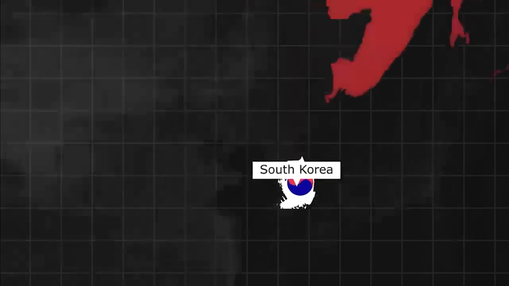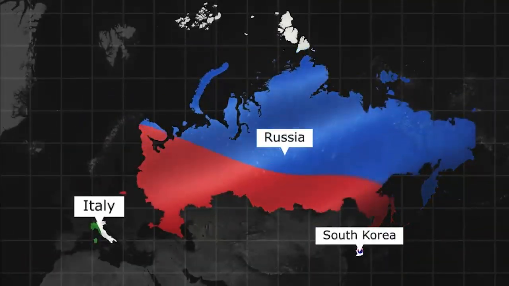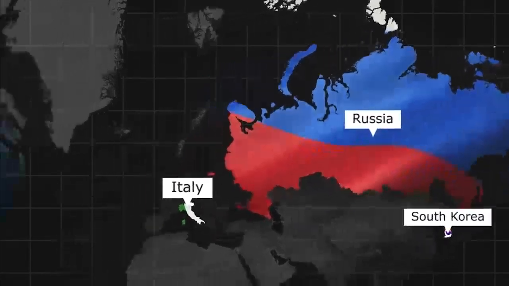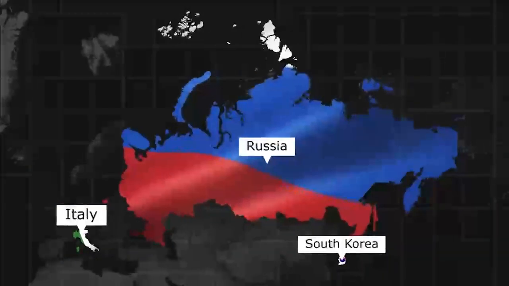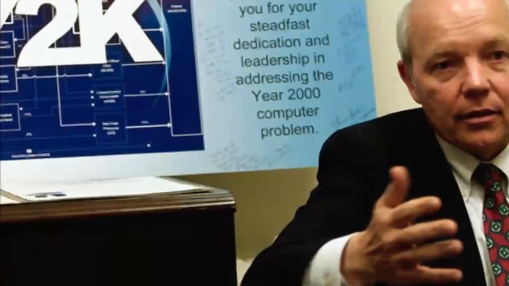Countries like South Korea, Italy, and Russia, which invested little to nothing in Y2K remediation, experienced negligible Y2K problems. This contrasted sharply with the expectations in Western countries, where severe problems were anticipated in Russia to the extent that travel advisories were issued and non-essential staff were evacuated. Looking back, the problem seems so silly. With the amount of data computers can hold now, the problem almost seems comical.